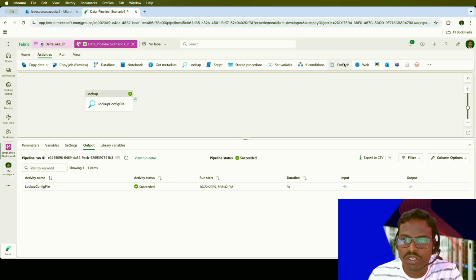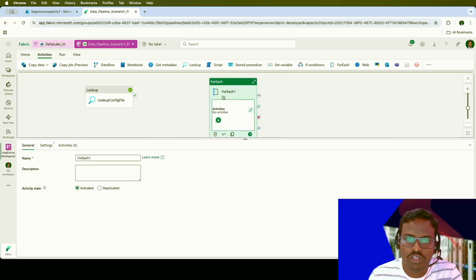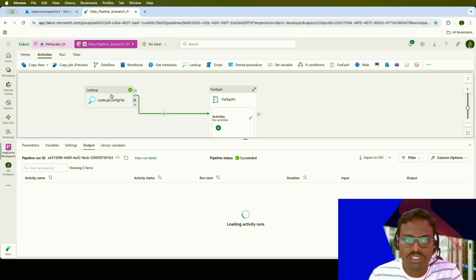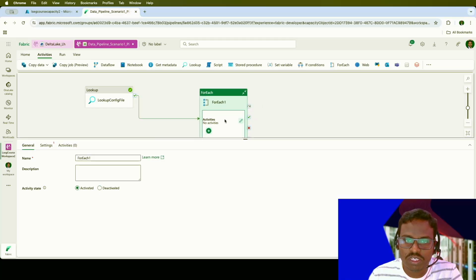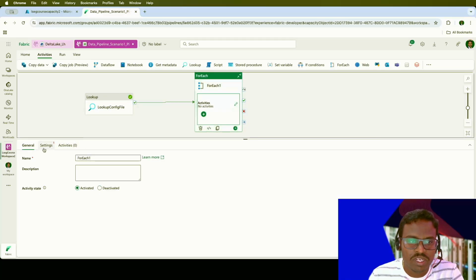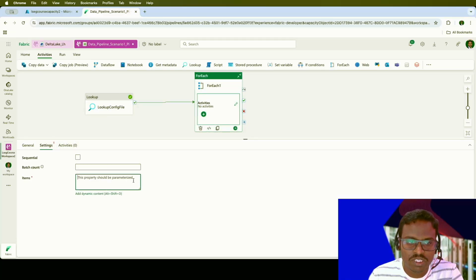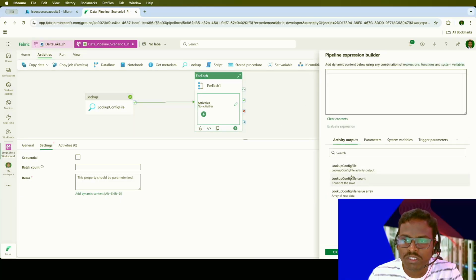Let's go to the activities, and from activities let's pull for each. Now on success of lookup activity, we need to trigger the for each activity. The for each activity requires items as an input. The input value is nothing but lookup config file. So value is what we require. Value is the